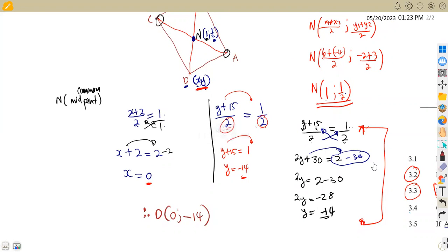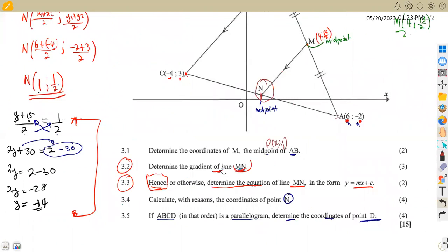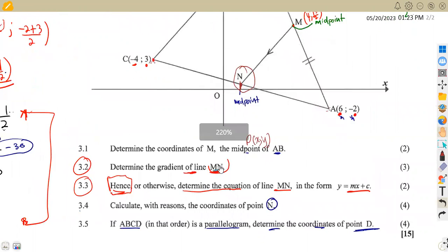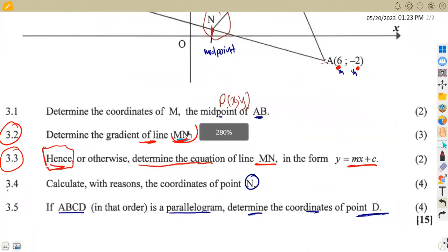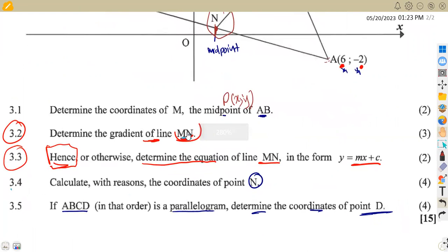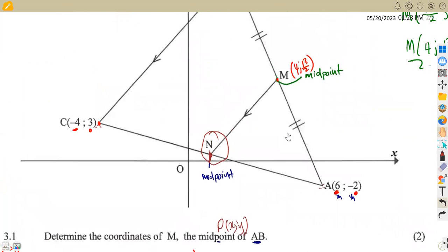So from a parallelogram, you know that the diagonals bisect each other. So where they bisect each other, it becomes a common midpoint for both the given diagonals. So that can be an advantage to answer any question by knowing that concept. Okay, so these are the typical questions that you might be given on analytical geometry. As you can see, there was a total of 15 marks from question 3 of this question paper, November 2016,